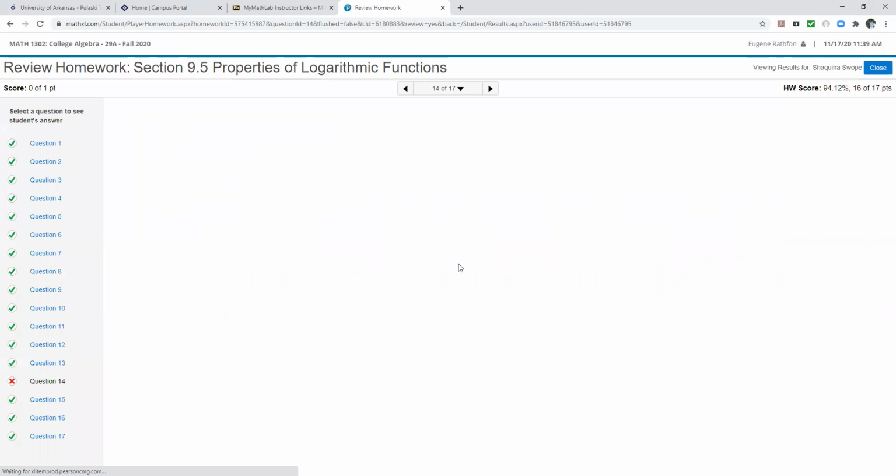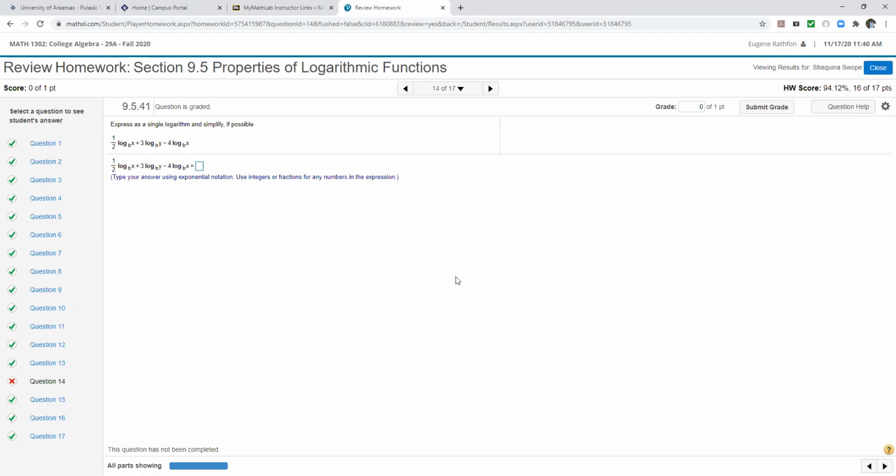All right, so it's trying to pull up the problem. You're seeing a blank screen right now though, right? Mm-hmm. All right, so here it comes. It looks like it's about to pull it up. Ooh, my internet must be the slow one over here. All righty, so